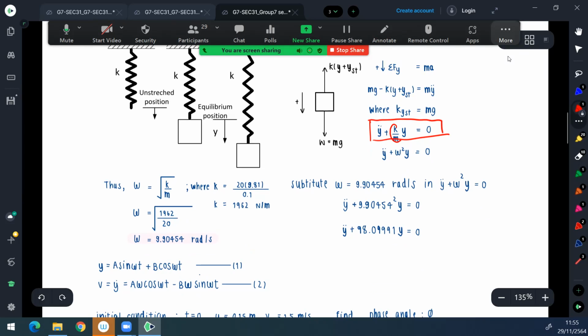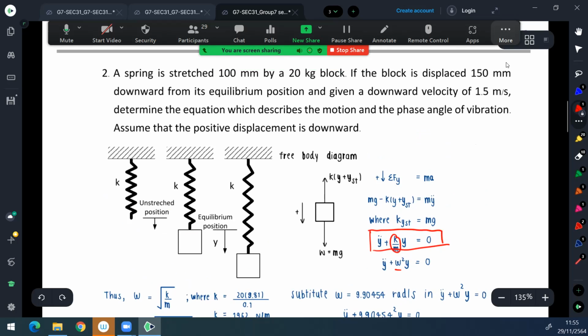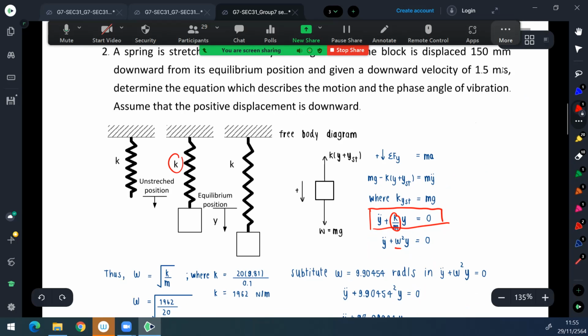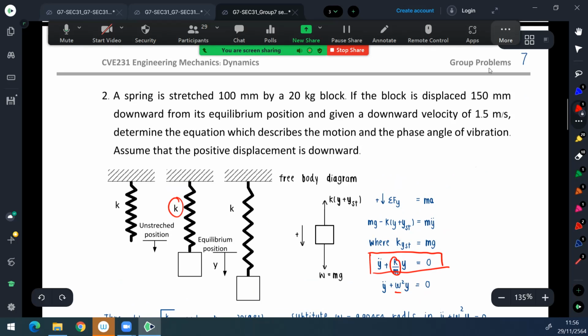That is, we define k over m like omega square. Okay, now we start by determining the natural frequency of the system first. For this problem, we need the constant k that is not given directly in the problem. We have to consider the problem that gives us that a spring is stretched 100 millimeter by a 20 kilogram